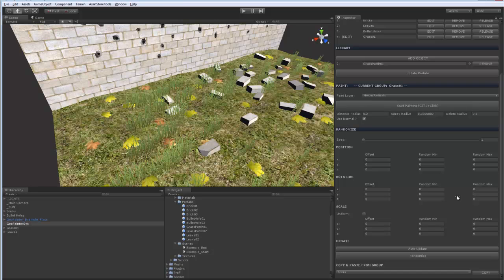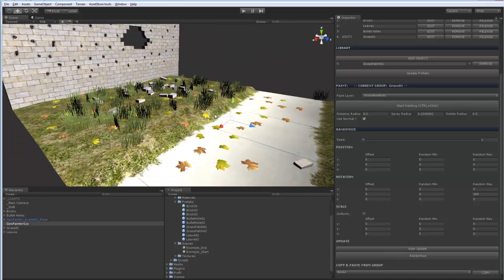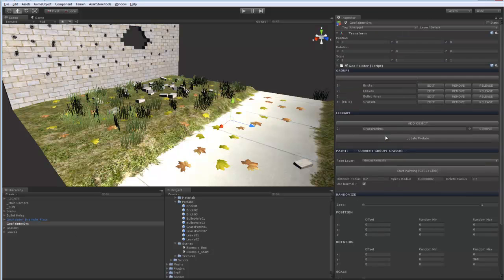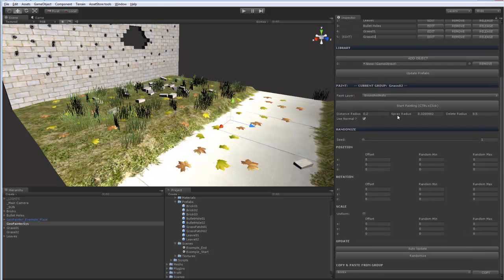Put 360, randomize. I could have put grass patch 2 into it, but I want to show you something, so I will create a new group, grass 02, put grass 02 into it,